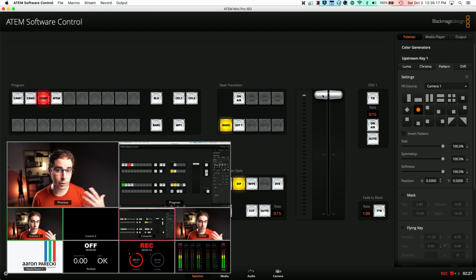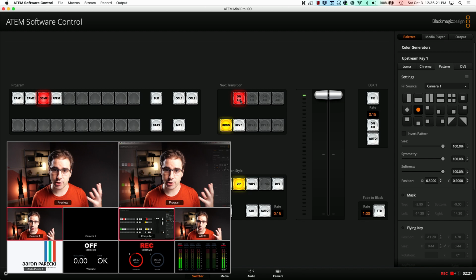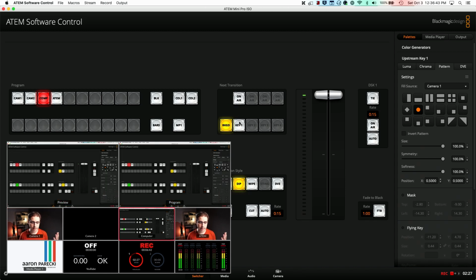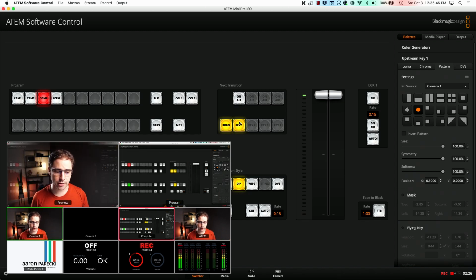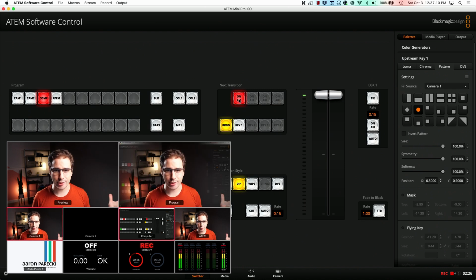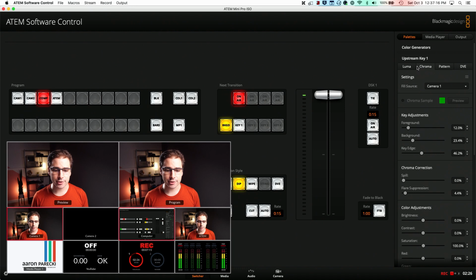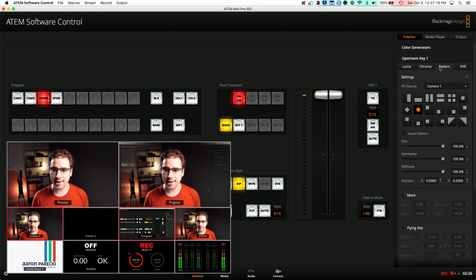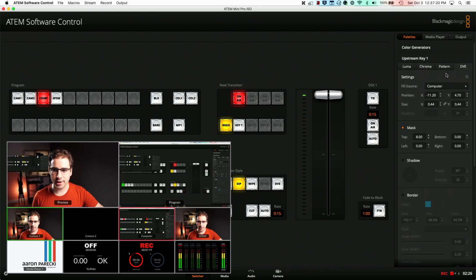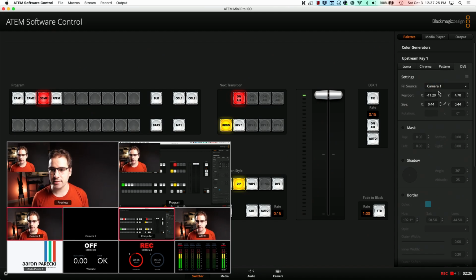So in order to actually see what we're doing with this effect, we're going to go ahead and press on air, which will bring this into the program. Or you can press key 1, which brings it into the preview so that you can then prepare that effect off camera and then bring it in once it's ready. But we're just going to go ahead and do this live. So the upstream keyer is now on, which means anytime I use any of these effects, we're actually going to see it putting that effect over the program. And of course, I've got some random settings in here from various different projects, so it's kind of a mess.